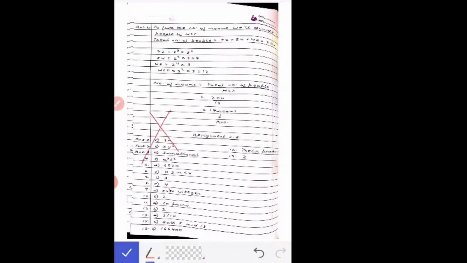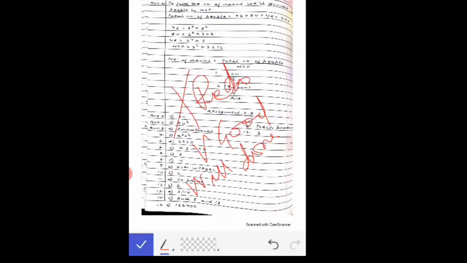Again, if this is correct, I just tick it here and I can go on with it till the place where I want to. If it's incorrect, I'll simply put a cross here and I'll write redo here for the child, or I can write that this is done very good. I can write very well done. Whatever I want to write, it can be easily done in a fraction of a second. So this is one easy app that can be used by everyone, at any time, anywhere.